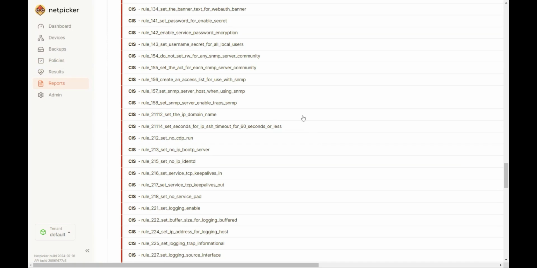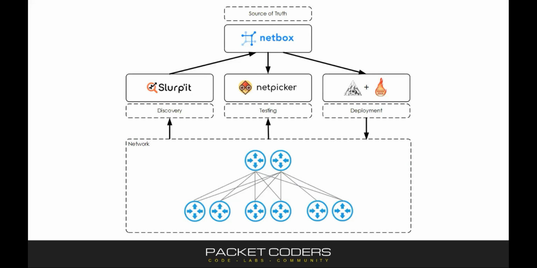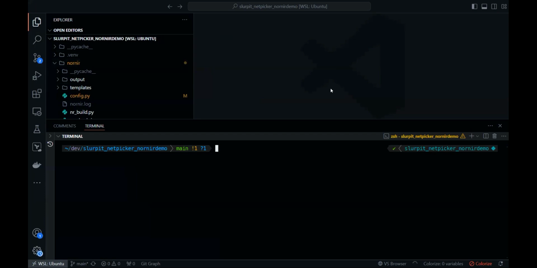So we've discovered the data from just a couple of devices, passed that into NetBox. We've then moved into Netpicker and we've pulled some data from the network. We've done some testing and we've used the devices that we've learned from the network via Slurp'it, and we've pulled that in from NetBox. And then the next thing that we're going to want to do is consume the data that we've got within NetBox to build out some config and deploy that out to our spine devices. So to do this, what we've done is we've built out a small project using Nornir